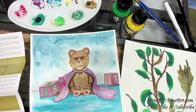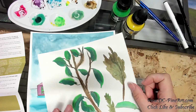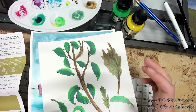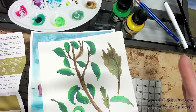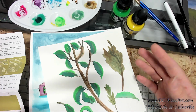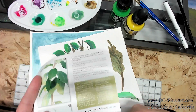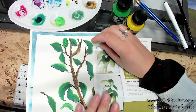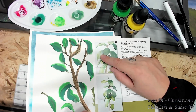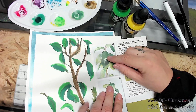So in all reality, I went ahead and decided to do some leaves just for fun. There was really nothing I was thinking of doing something really big on or putting a lot of work into. I just wanted to do something really quick. And so I did the leaves, and then I was looking at this, and it looks pretty similar, but the colors, of course, have a lot more little yellows in here, a little bit more mixed in. I tried to use a little bit lighter of a yellow. I couldn't get much of my yellow out, but